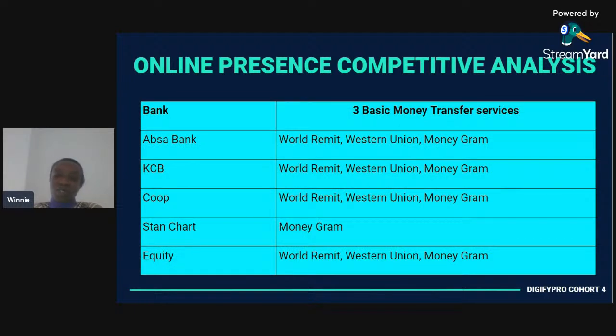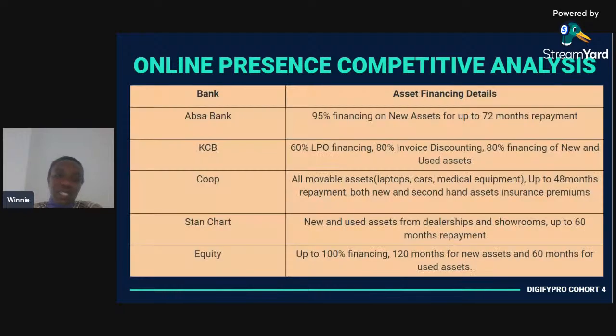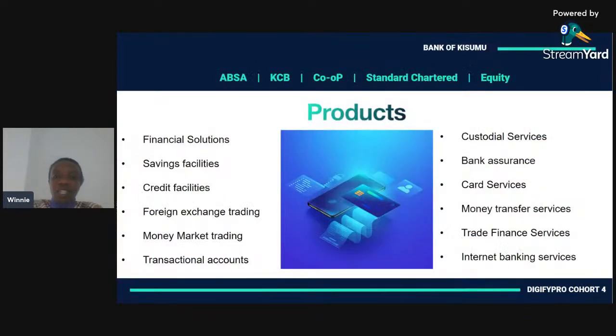You can see they have also continued their competitor analysis. So this is the products they are offering. So you can try to put here your products. You can see they're offering savings, bank assurance, ATM, money transfer, internet banking, transactional, etc. So these are the products that they are offering. So why is it important to know? When I reach the content, you'll be able to understand why it's important that this was here.